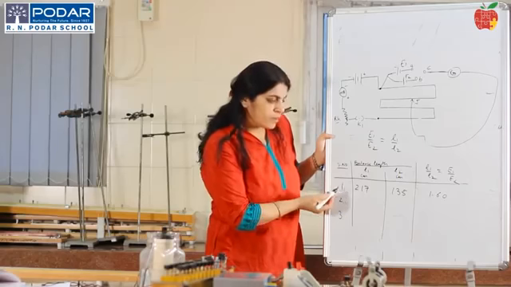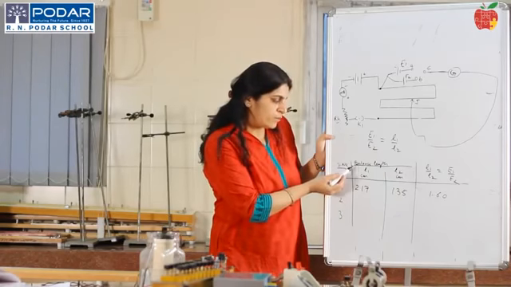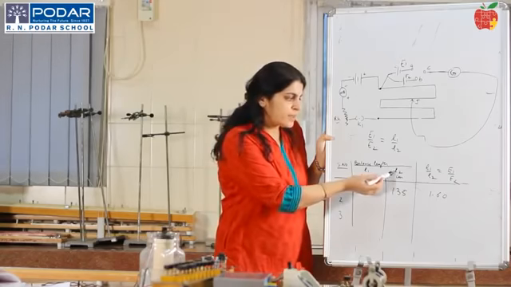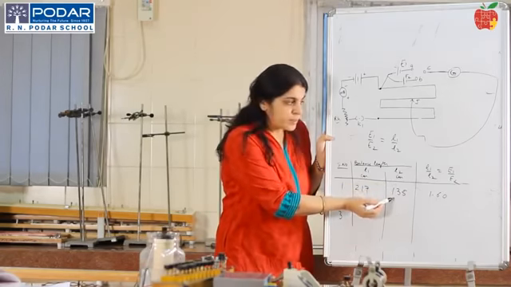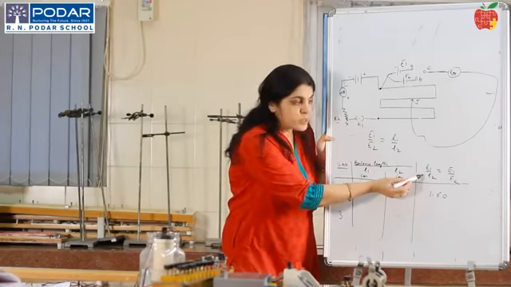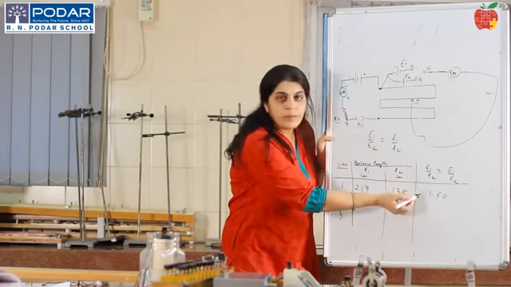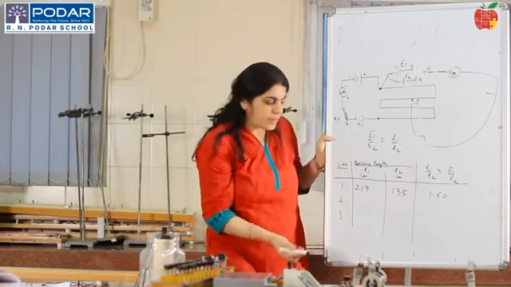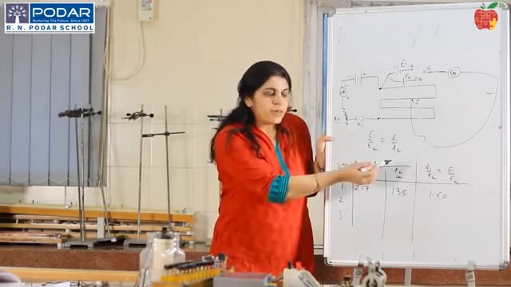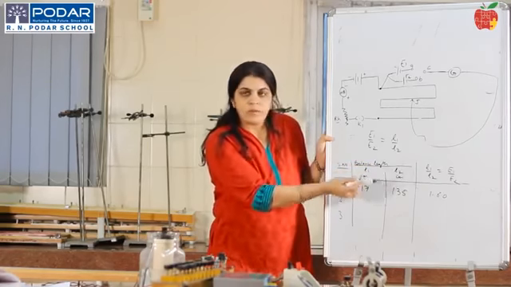Here students, we found the first balancing length with the Leclanché cell is L1 as 217 centimeters and with the Daniell cell L2 is 135 centimeters. So when you put it in the observation table and calculate L1 by L2, which is equal to E1 by E2, it will be equal to 1.60, and the rest you can calculate for different values of L1 and L2, and you will find the ratio L1 by L2 will always be this.